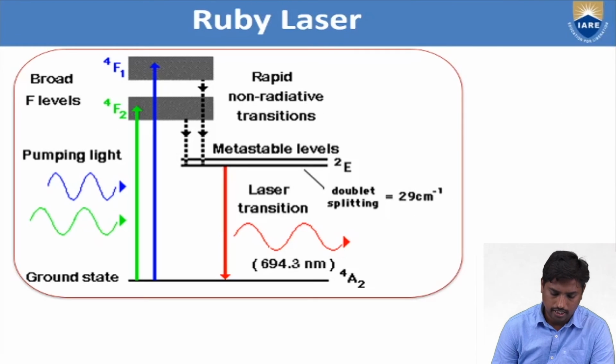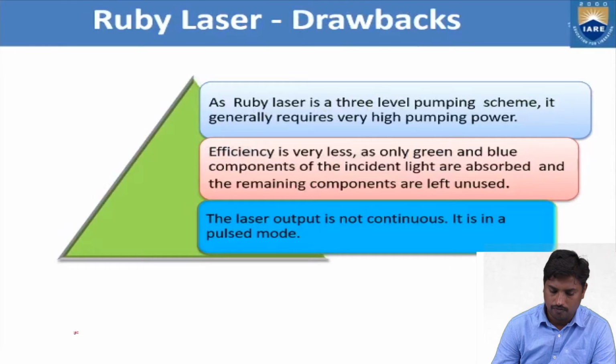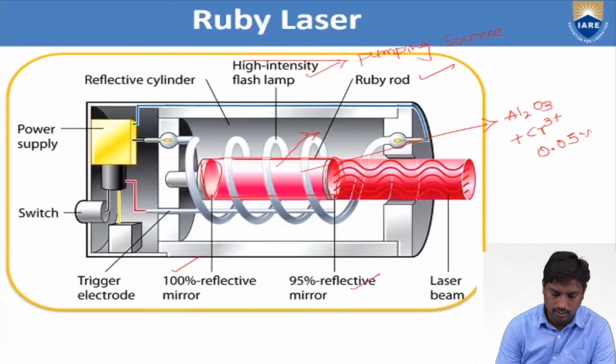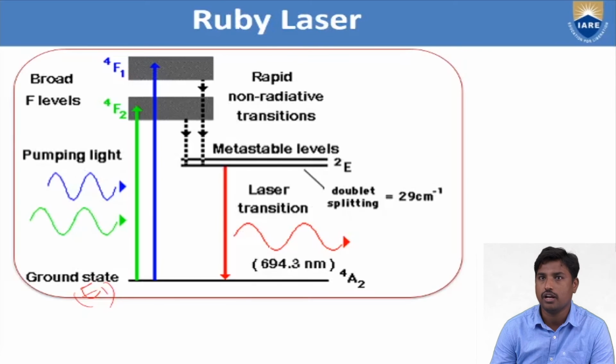So the chromium ions absorb here. When you see the energy level diagram, it is clearly visible. This is the ground state, which we call E1. When the capacitor bank is on, or the power supply is on, energy is circulated in the xenon flash tube. From that energy, chromium ions in the ground state absorb some energy, absorbing only green from the white light.